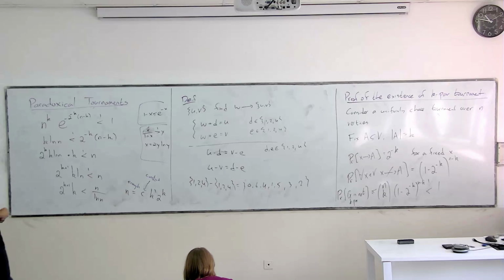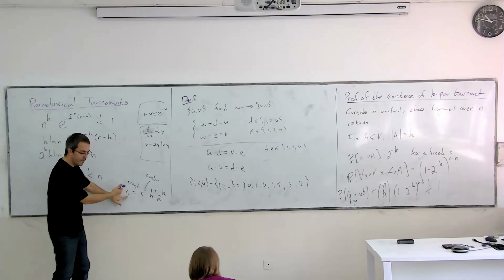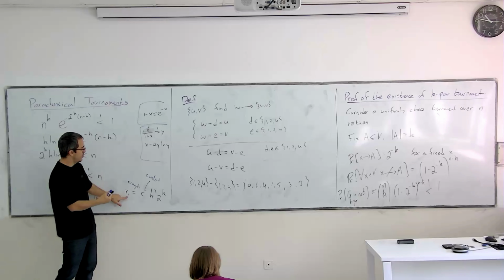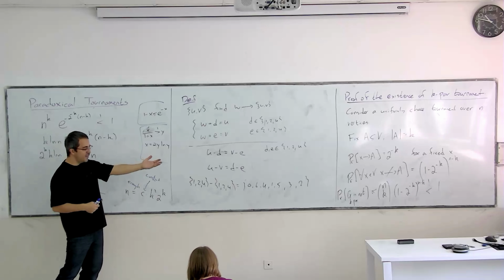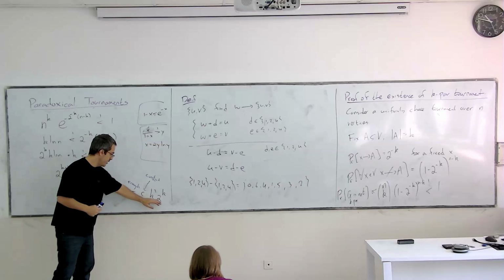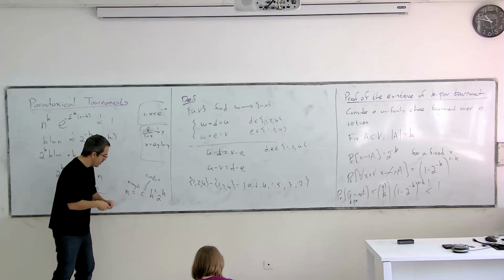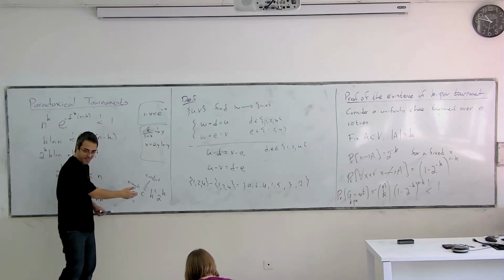So overall, what happened here is that we found that if you take a random tournament of size n, with high probability, it will be a k-paradoxical graph as long as k satisfies that. Maybe with equality. I mean, with equality, definitely, but we should think of this other direction.